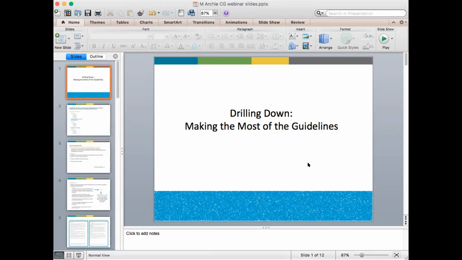So my task is small. It's basically to talk to you a little bit about and help you see how you might be able to use all of the various components of these guidelines. And in order to do that, I engineered a thought experiment for myself. I'm going to take this from the perspective of an organization.